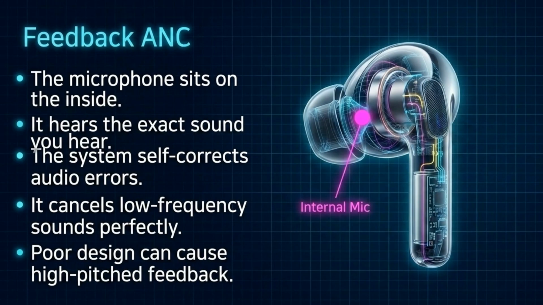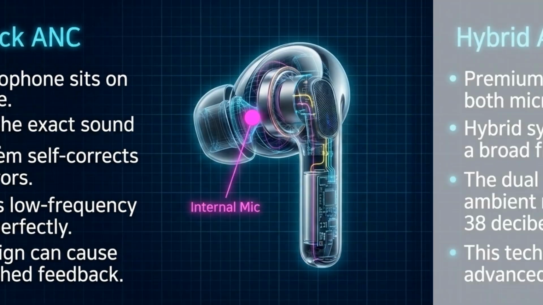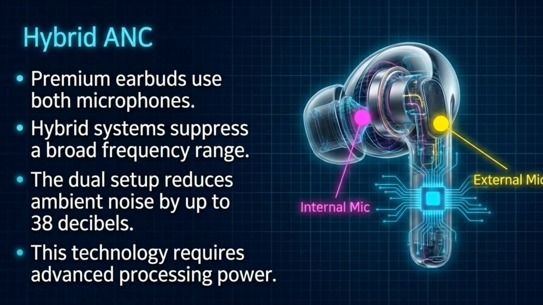Feedback ANC places the microphone inside the ear cup to hear exactly what you hear. This allows the system to self-correct and handle low-frequency sounds perfectly, though poor design can create high-pitched feedback. Hybrid ANC combines both microphones for superior performance. This dual setup suppresses a broad range of frequencies, reducing ambient noise by up to 38 decibels, though it requires